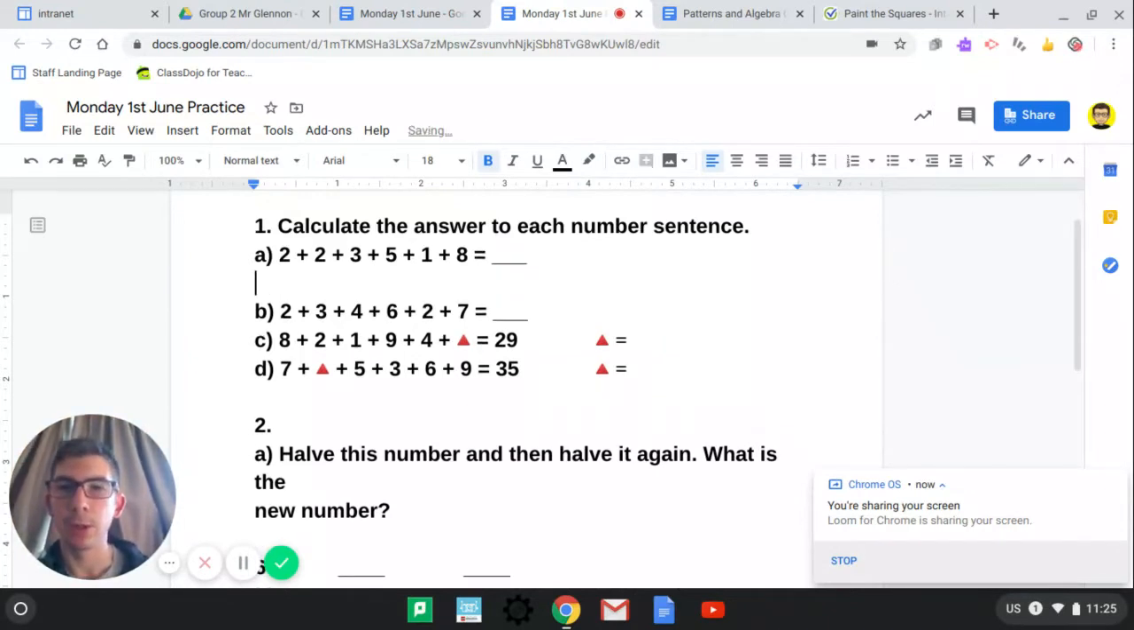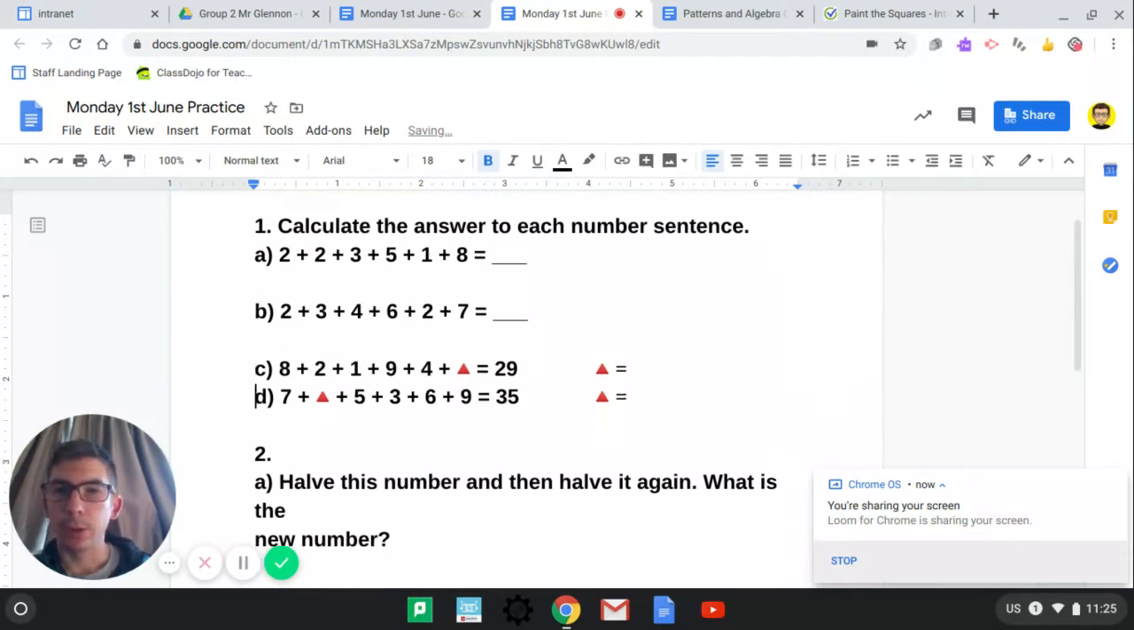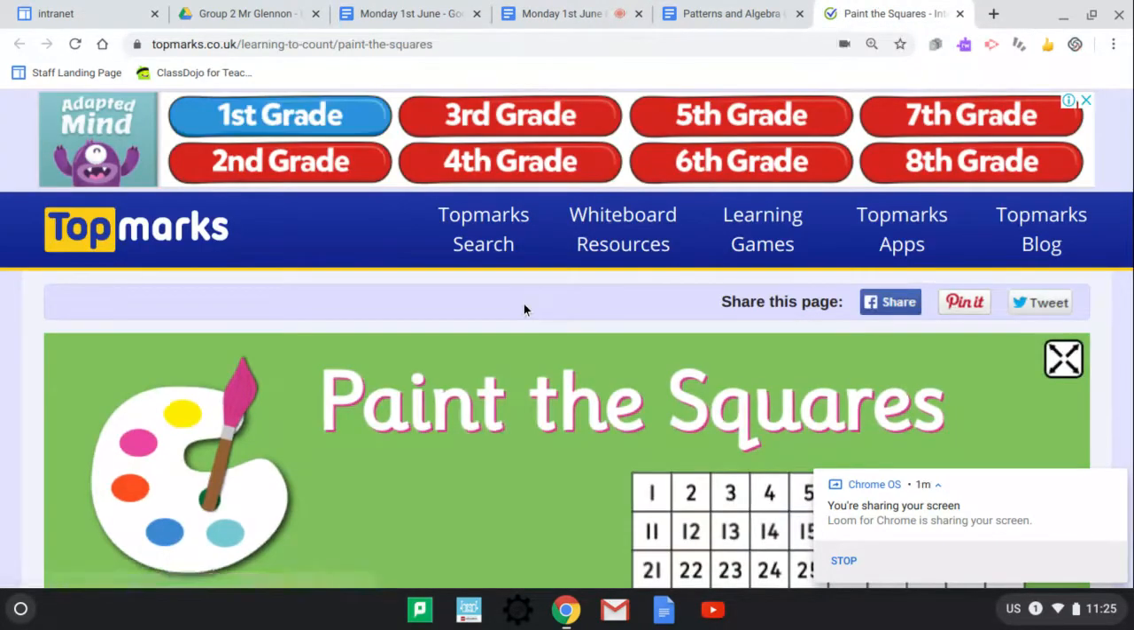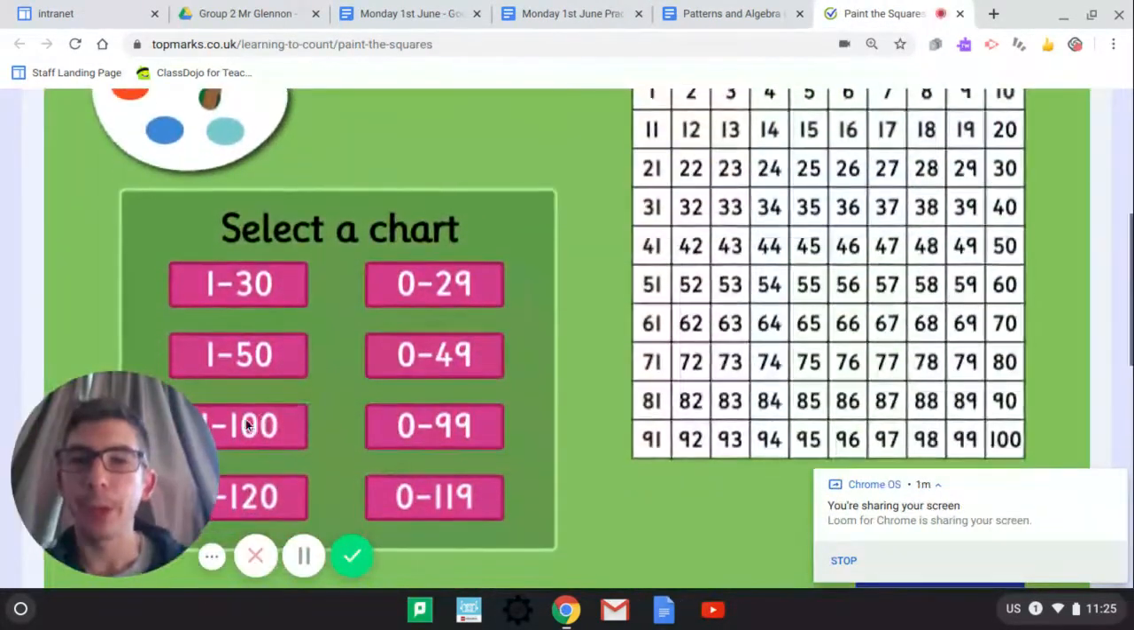I'm just going to show you a quick technique of doing that. Again, you can just add them up in your head, but if you want to use a number square just to double check that you are correct. So we've got 2 plus 2 plus 3 plus 5 plus 1 plus 8. You can open up your number square, click 1 to 100,